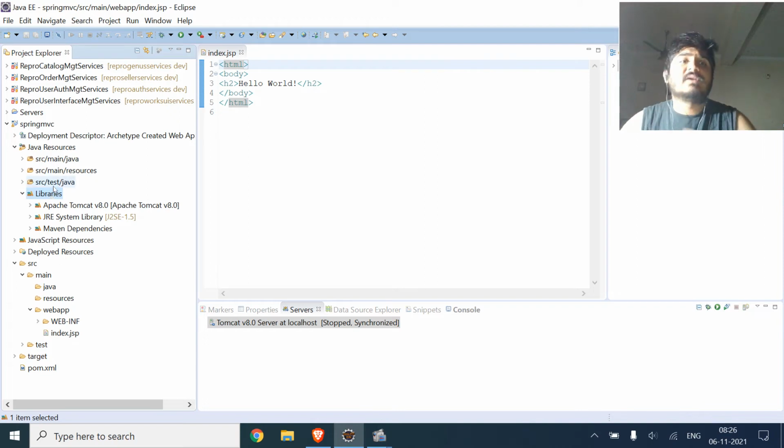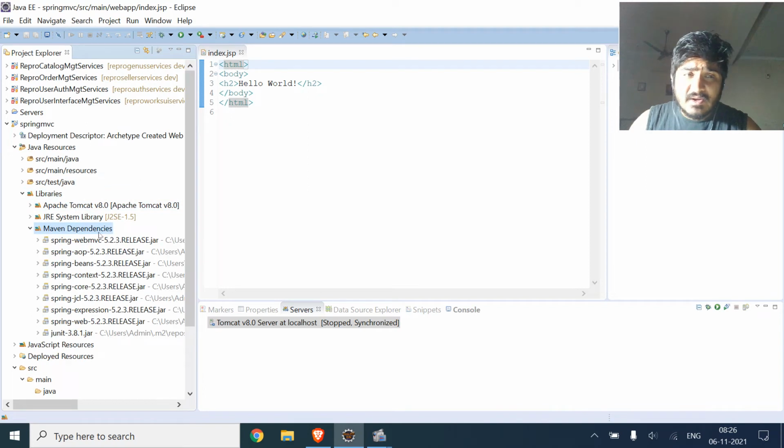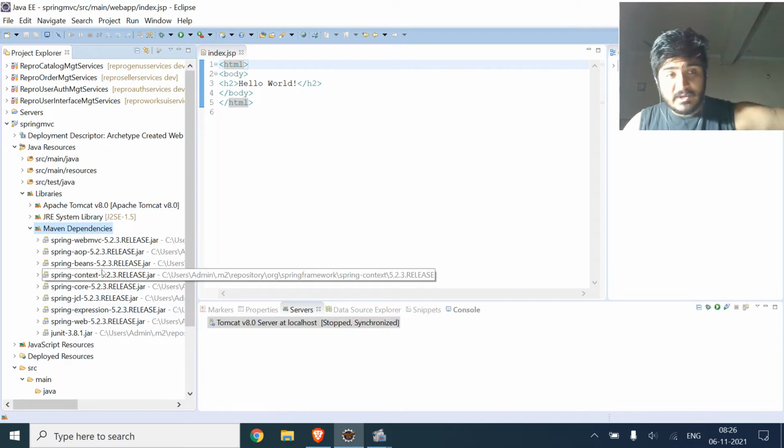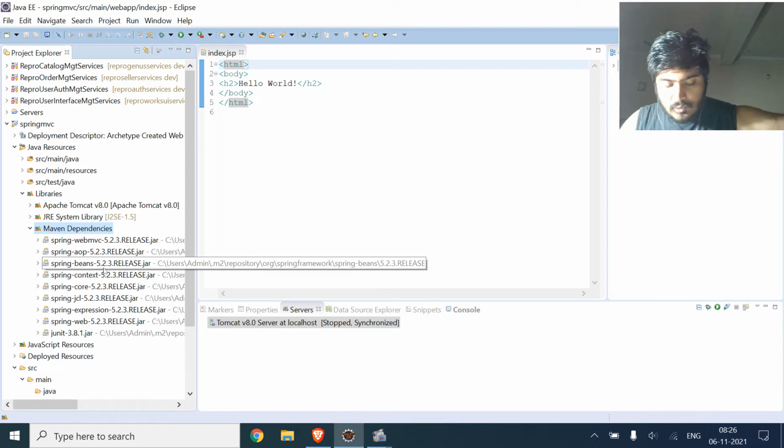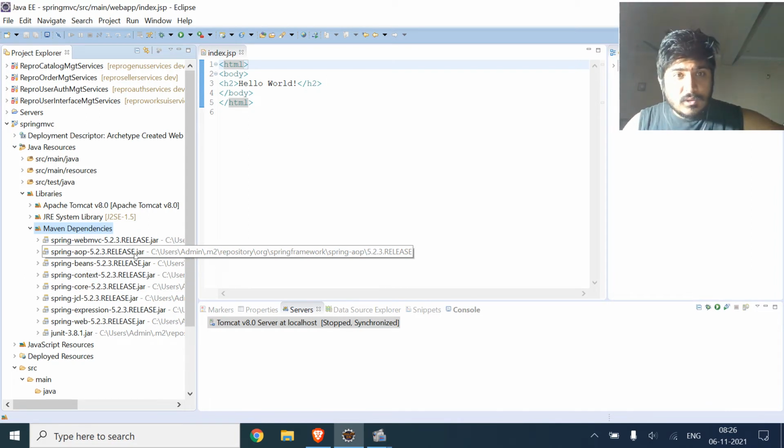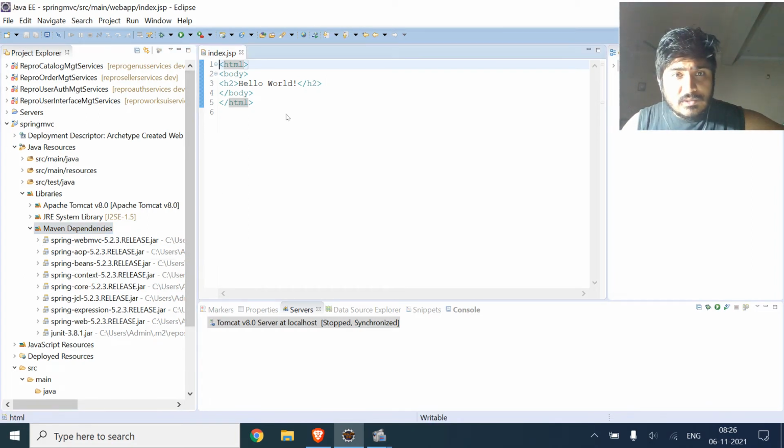So in the libraries we have Tomcat, JRE and Maven dependencies. It has inherited all the Maven dependencies. So now I will just try to run the project.